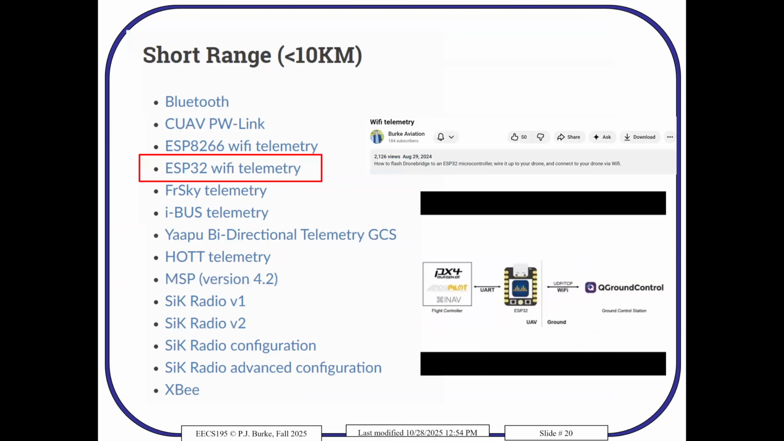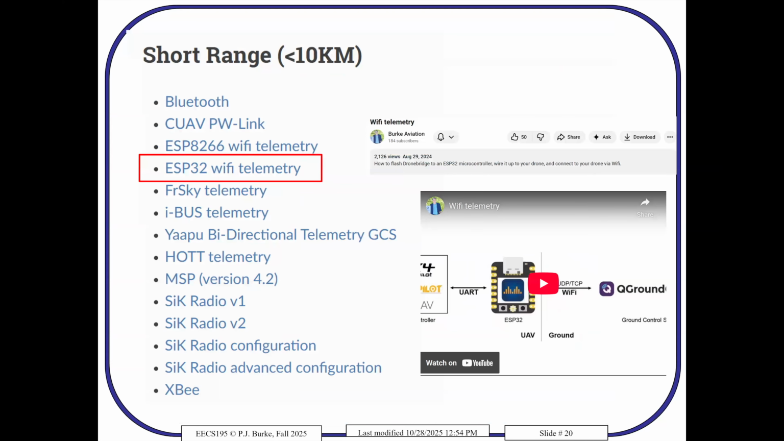So anything is possible. The short range list is shown here on the ArduPilot page. And Wi-Fi is actually very short range. As we discussed, Wi-Fi is about 100 meters, so that's way less than 10 kilometers. So here are a lot of the